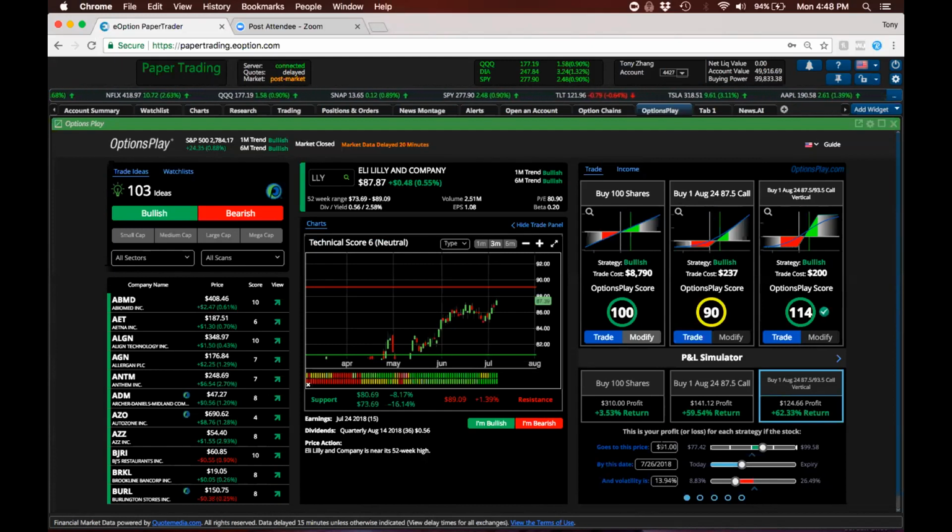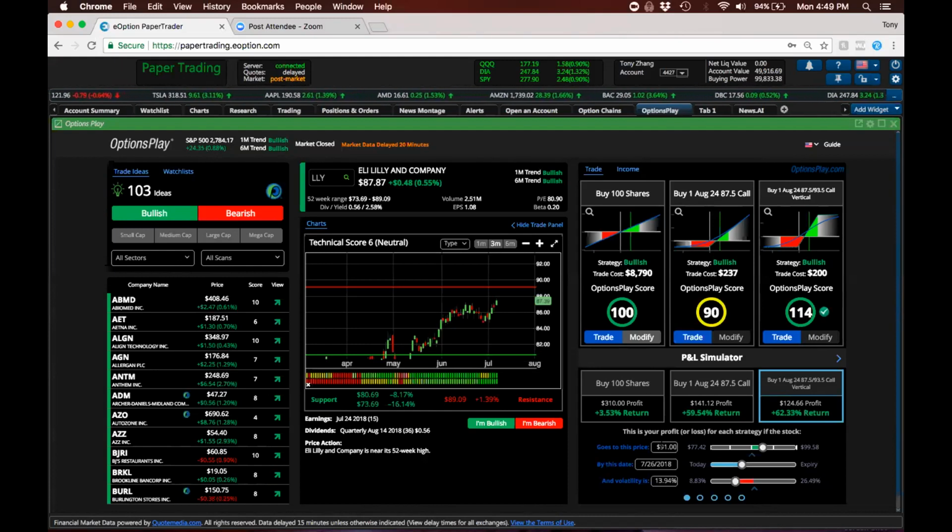If I don't, this also allows me to say, this is probably a trade that I don't want to make. And that's really the key part of OptionsPlay here. Not only do we want to help you find the right strategy to make, but also more importantly, we want to help prevent you from making bad trades. The last thing you want to do is buy a call option going into earnings, the stock jumps a little bit, and then you realize I still didn't make any money on this trade, and you don't realize it until afterwards. We want to make sure you understand that risk before you get into a trade, not after.